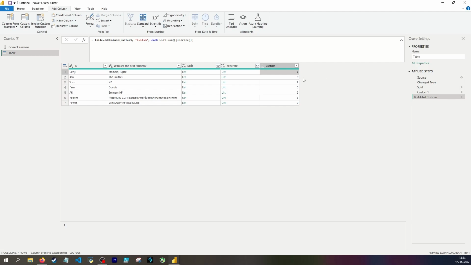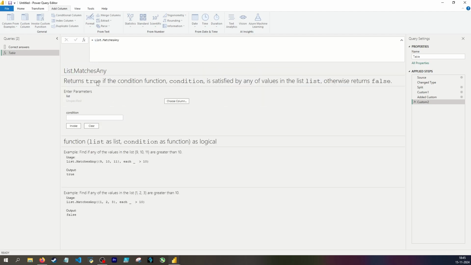So that was actually it. Before ending, I want to go through the documentation for List.MatchesAny, because I found it a bit cryptic. It returns true if the condition is satisfied by any of the values in the list. So the way I interpret it is that it takes a list, and then for each item in that list, it will apply this function, meaning it's effectively the same as List.Transform, but then it performs an action on that